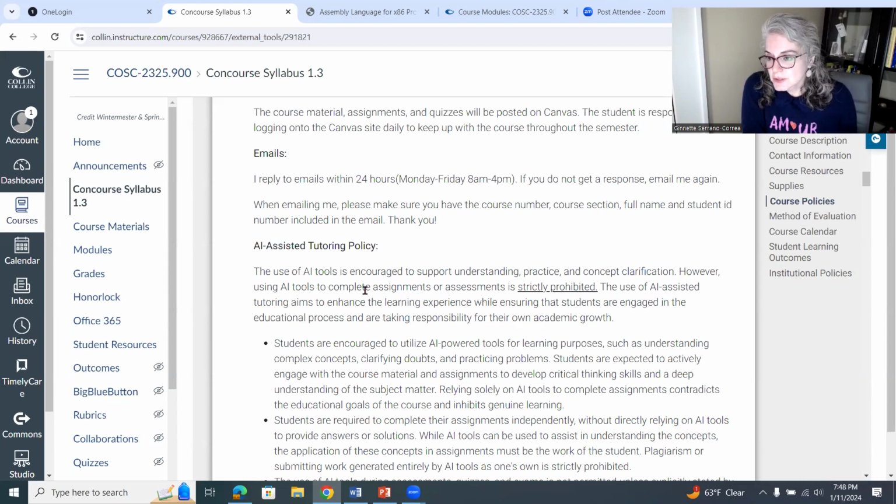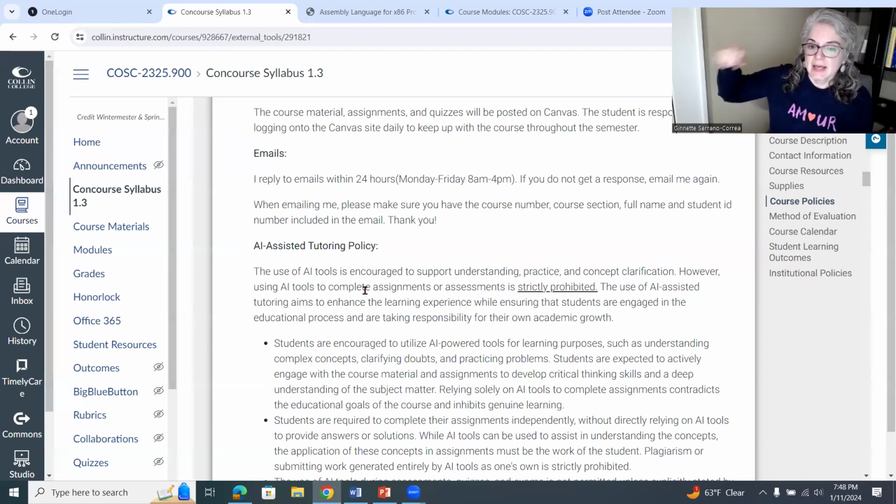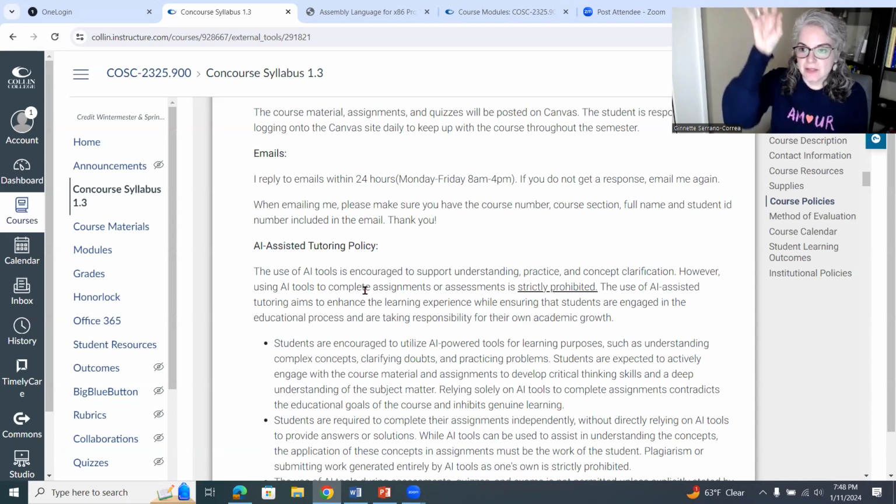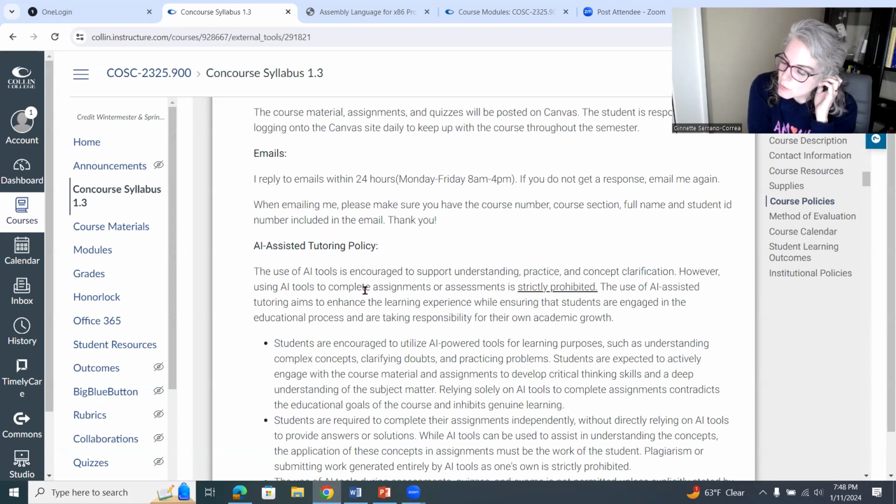Students will use instructions that I've never taught them, or we'll be on chapter 3 and they'll be using instructions that are in chapter 7. And so that's a huge red flag. You know, the book will show them how to do these things in 2 or 3 simple steps. And then they have like 6 steps because they went to ChatGPT and typed it up. So if you can go there, I can do the same thing, and I do.